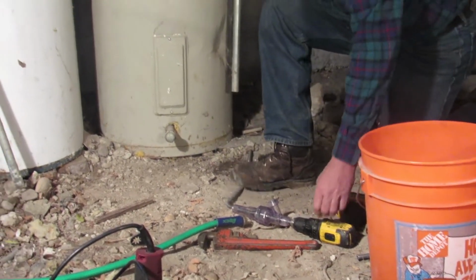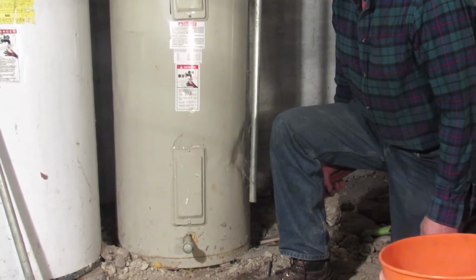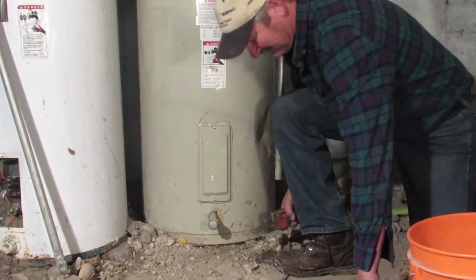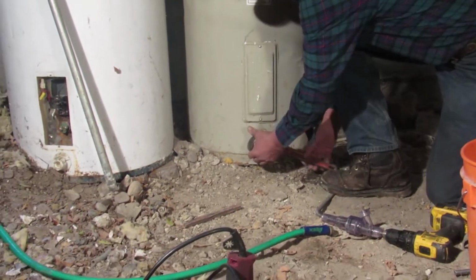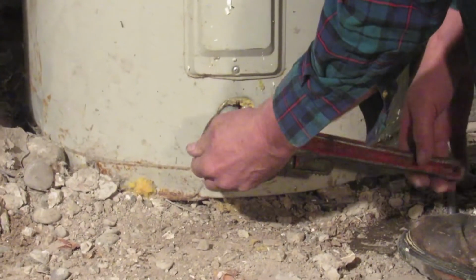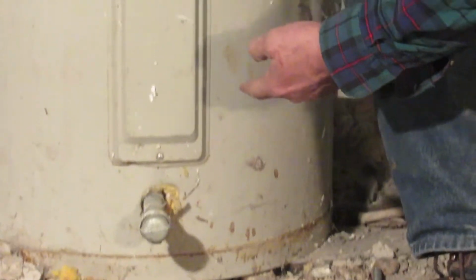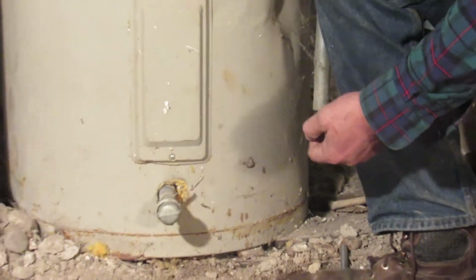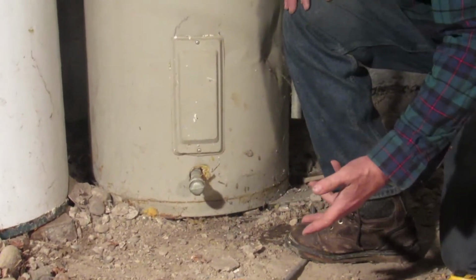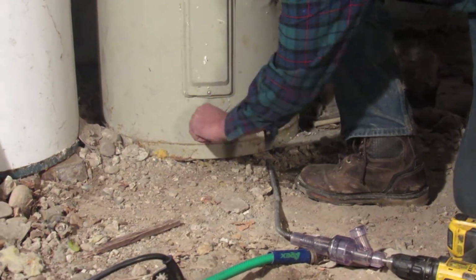And this should be a good test. I think this water heater is going to be full of hard water buildup. The reason I can do this now is because air cannot get into the tank because it's unvented, and therefore water will not come out as long as it's unvented. I'm just going to do a quick